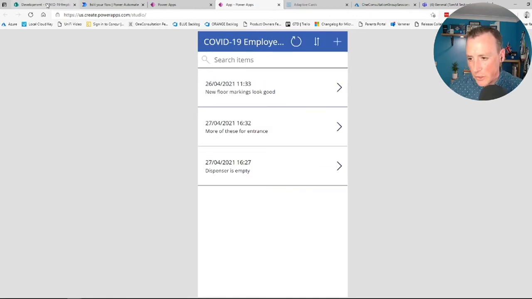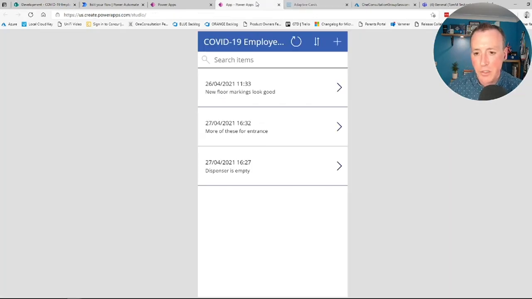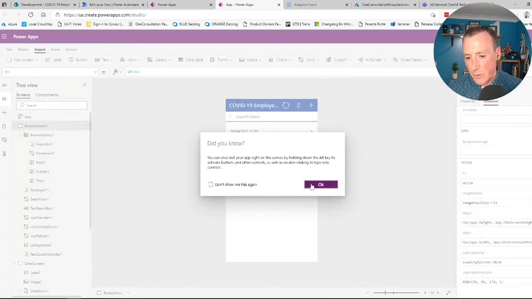And then just so you think it's not all made up, if I come back to my document library here, you can see this just changed from a few seconds ago to improvement needed of yes for that item. Okay, so this actually works as an application, even though we're still just testing it out. Okay, the final thing I want to show you,